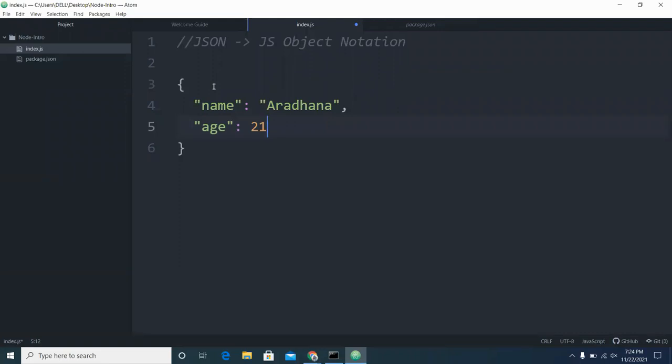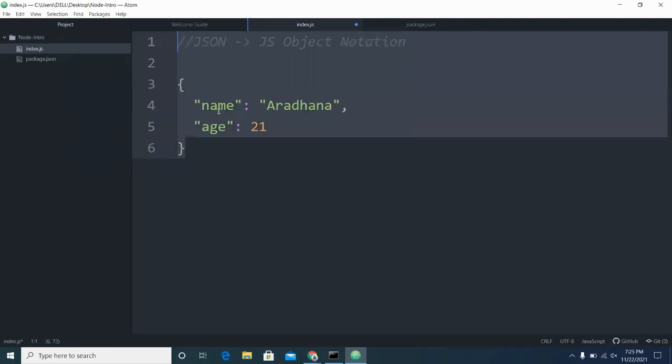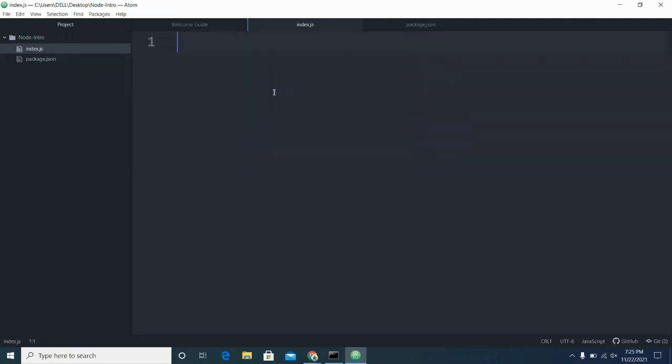So after this, we will be working around certain things. Let us understand how to create a new file using Node. So what you can do, inside your index.js, you can require certain packages, and then you, just